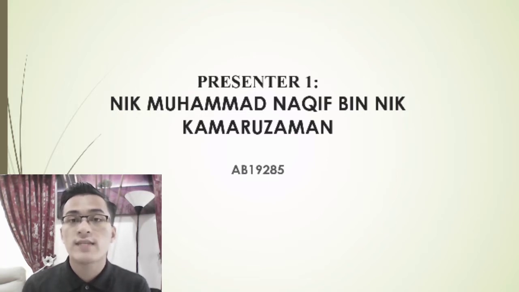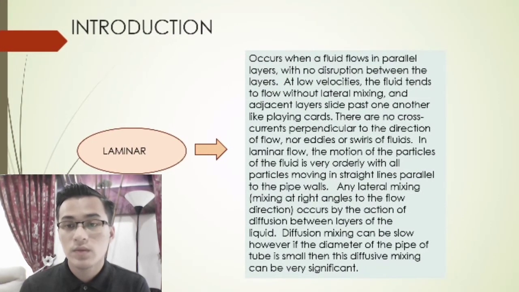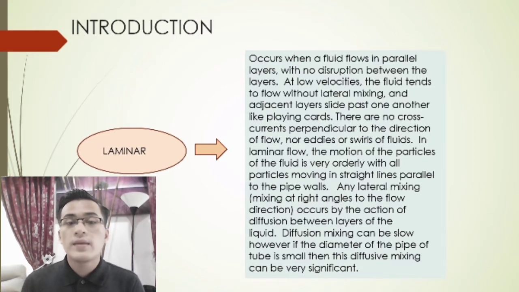Characterizing the flow as laminar or turbulent is the first step in calculating friction losses. You must be able to determine the Reynolds number, which depends on the velocity of flow, the size of the pipe, and the viscosity of the fluids. So, I am going to share what is laminar and turbulent flow. So, laminar is